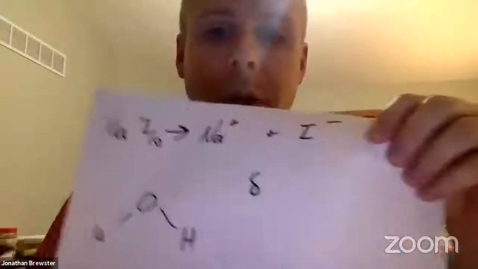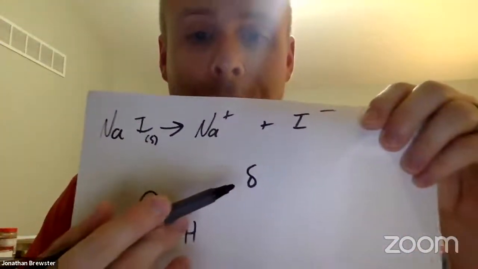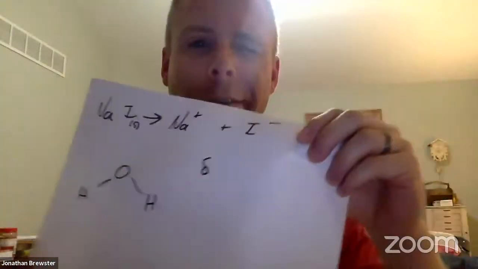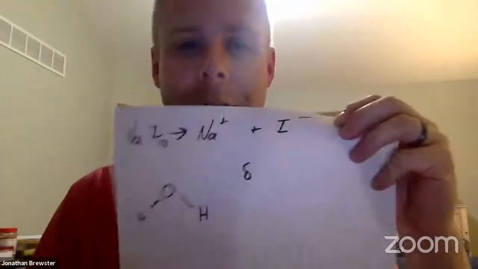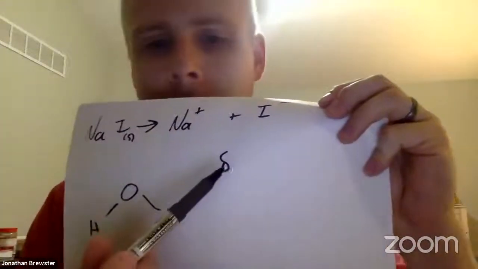I'm going to introduce you to a new symbol. It's this symbol right here. It means partial. In calculus, it means very small increments, but I hate calculus. So this is partial, and a lot of people use it to mark the polarity of molecules. So if I put that there,